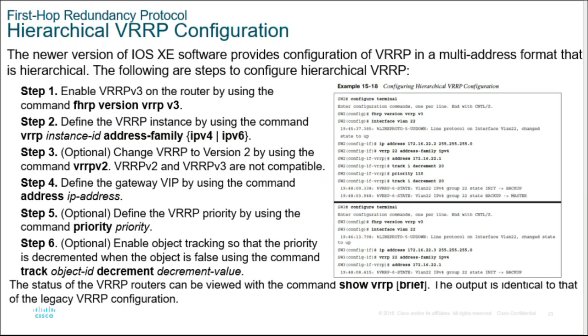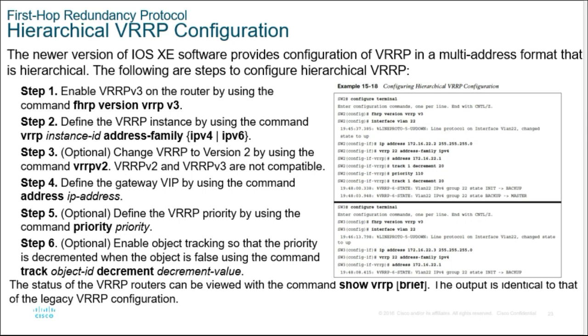So a newer version of VRRP now exists. This is called hierarchical VRRP. Basically it's in version v3. First you need to change the version to VRRP v3. Since it supports both IPv4 and IPv6, you need to define the address family. The command is VRRP instance ID address family, and then you specify whether this VRRP instance is for IPv4